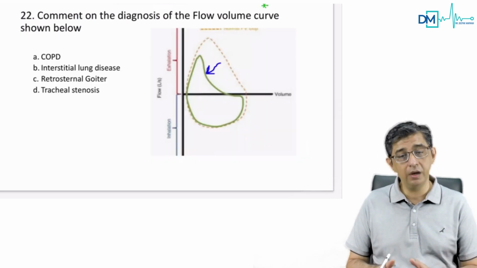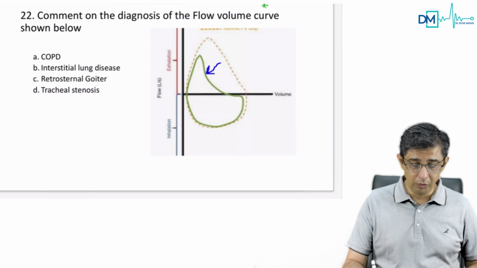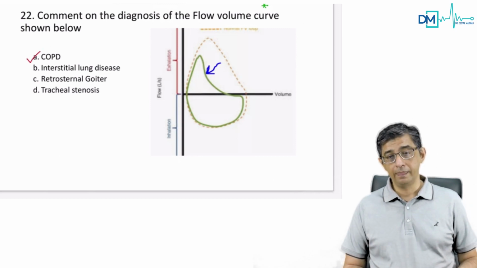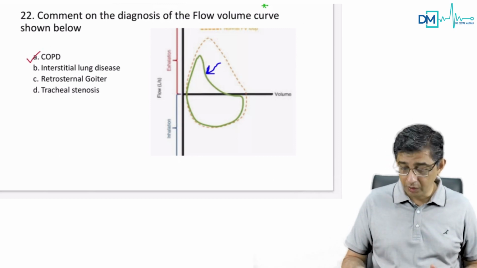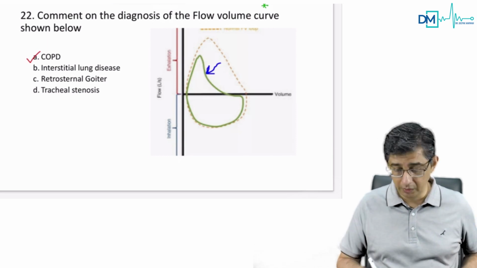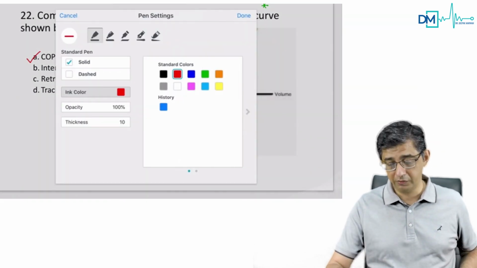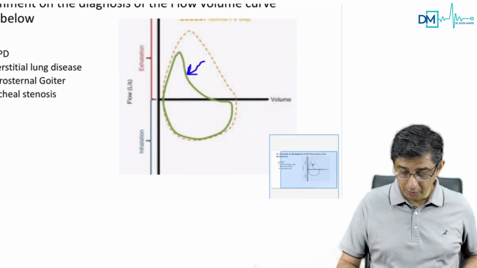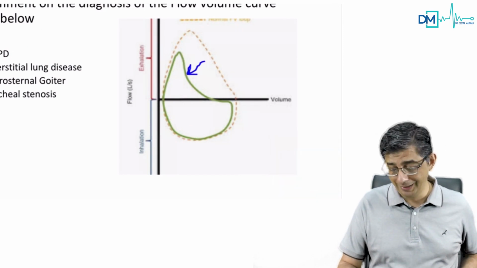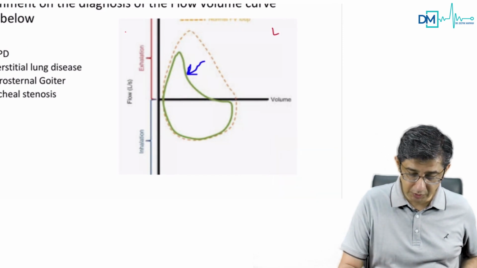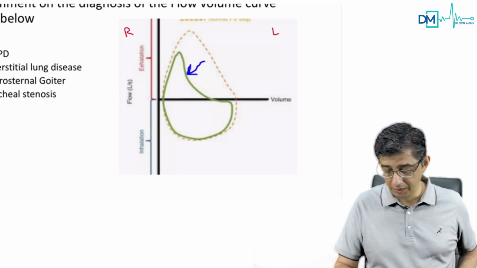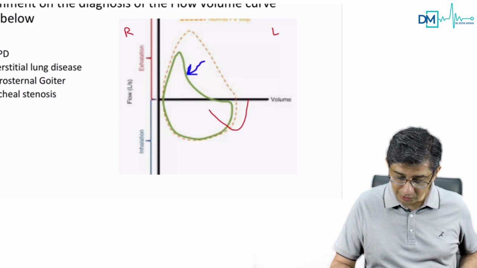So, what you can see here is a very classical flow volume curve for COPD. When it comes to restrictive lung disorder, it will come next time. Let me draw and show how restrictive lung disorder will look. Just follow this. In restrictive lung disorder, the curve will start a little towards, let me say this is left, this is right. So this will start slightly on the left, the lung volumes will be reduced,